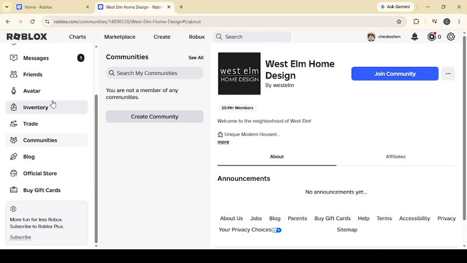This helps initialize user tracking inside the experience, which may be necessary for the game to recognize your presence and activity properly. If things appear slow or incomplete at first, give the game a few extra seconds before clicking around too much. Waiting for the full spawn can help avoid glitches and make sure the experience starts as